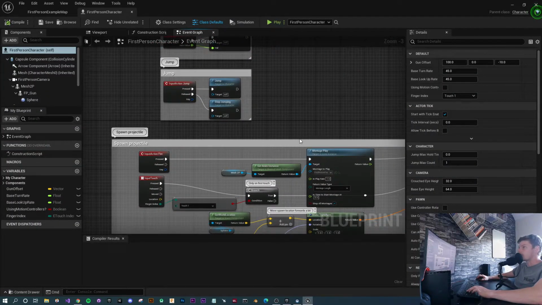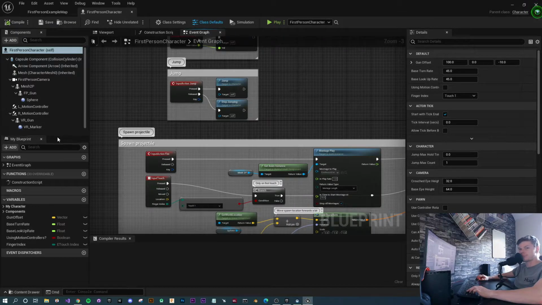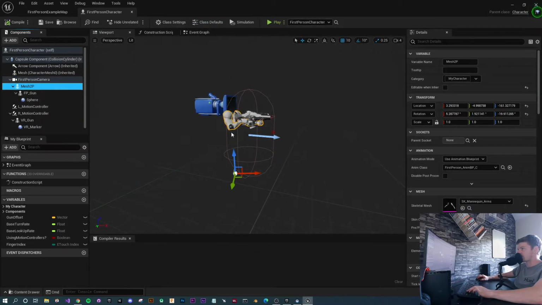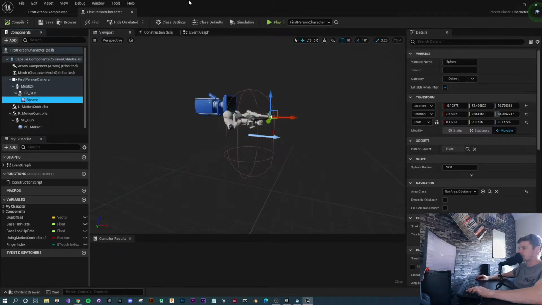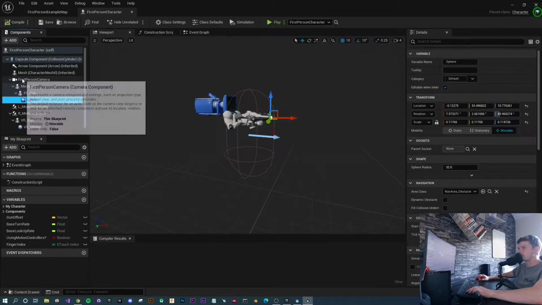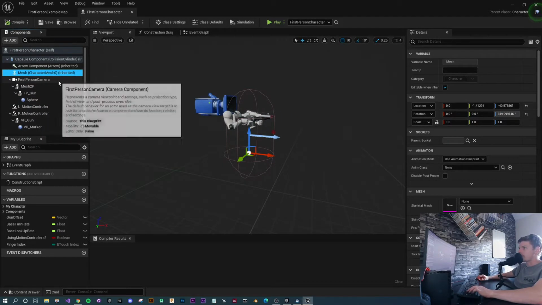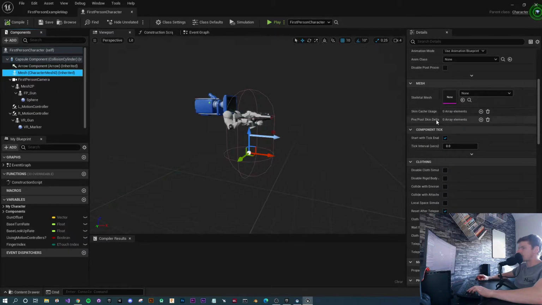So with the blueprint open, firstly I'm just going to explain a little bit about how some of this is already pre-set up. At the moment what you've got is a first person camera with some arms mounted to that, and then a gun mounted to that, and then the sphere collider, which is unnecessary for this video but is where the bullet leaves the barrel. But then you'll notice that there's also this other mesh which is just kind of empty and blank. There's not actually a mesh attached to this, and this is what we're going to use